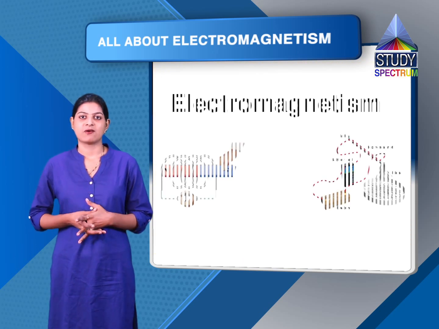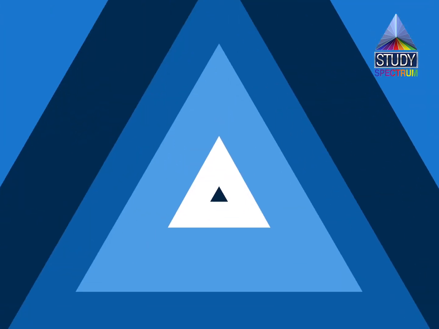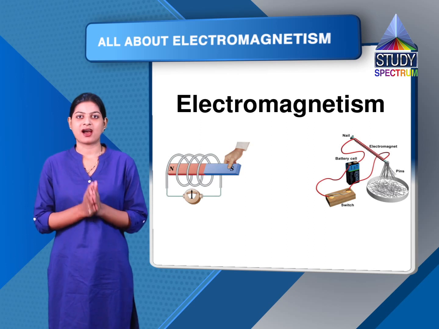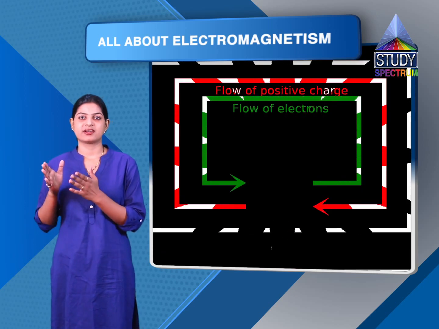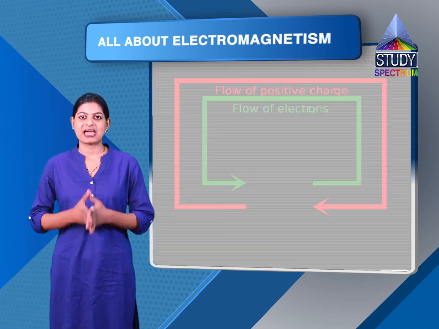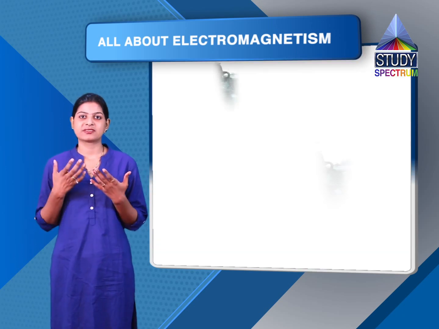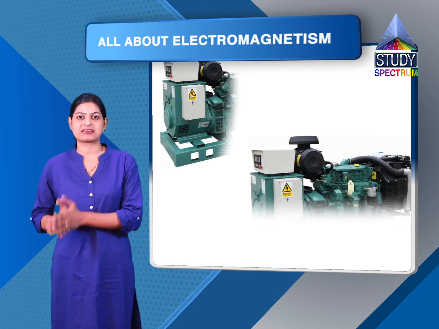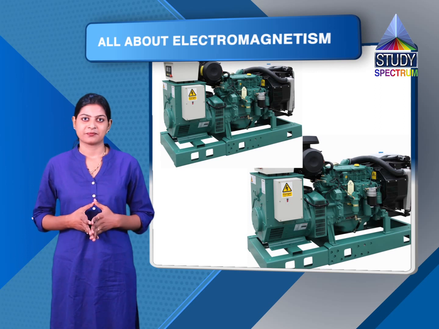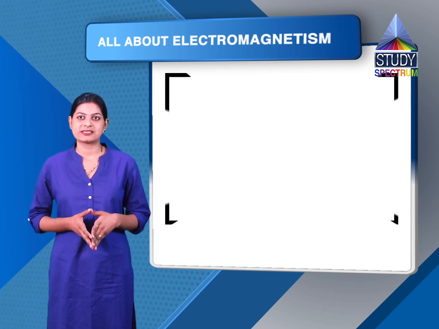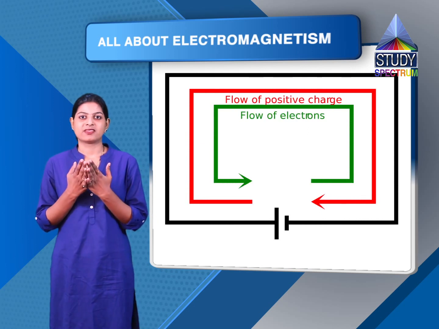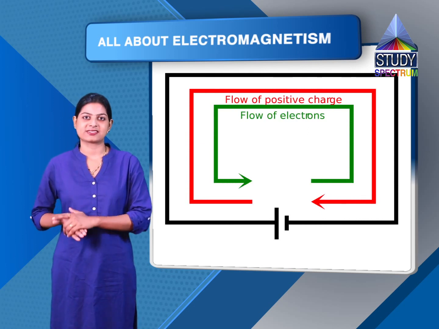So this was all about electromagnetism, in which we studied how electric current, which has a magnetic field around it, can be used in different forms. Using the same concept, we also generate electricity using generators and dynamos. We also studied the precautions and the drawbacks of electric current, and also the question answers in the exercise part.